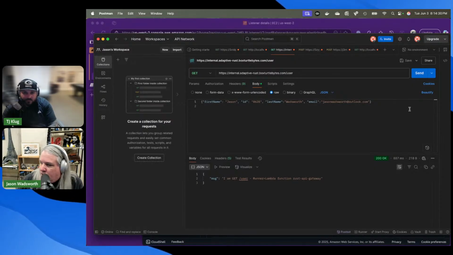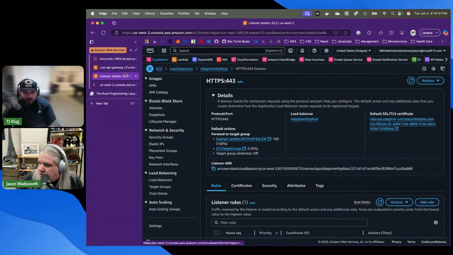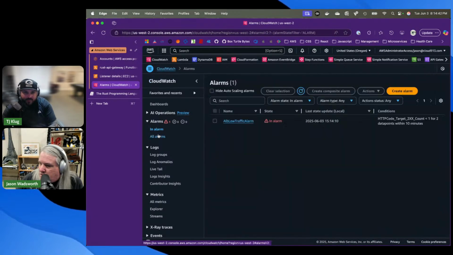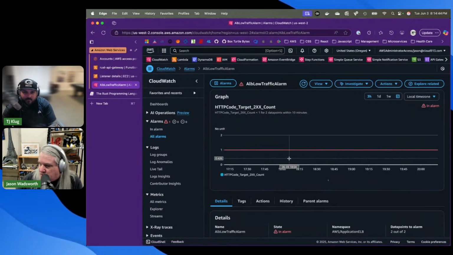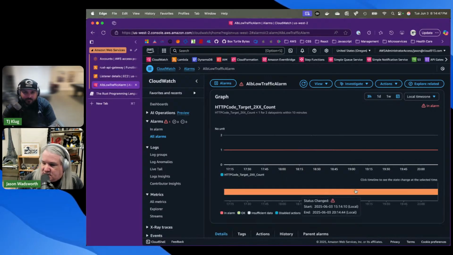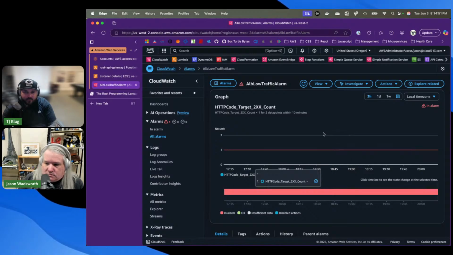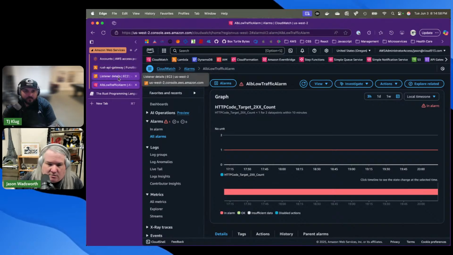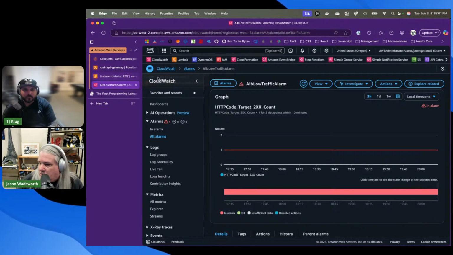Yep. Now, what you'll see if you go look behind the scenes here pretty soon, let's go just look at CloudWatch real quick. Let's go alarms. Open this alarm. Right now, this guy's in alarm state. Basically, there's no traffic. He'll very soon spin up and be like, oh, hey, I've got traffic. What that will do is that will trigger that function we're just looking at. That function will ultimately switch it over, and I'll be able to see the traffic is now going to ECS. So kind of cool. Very cool.